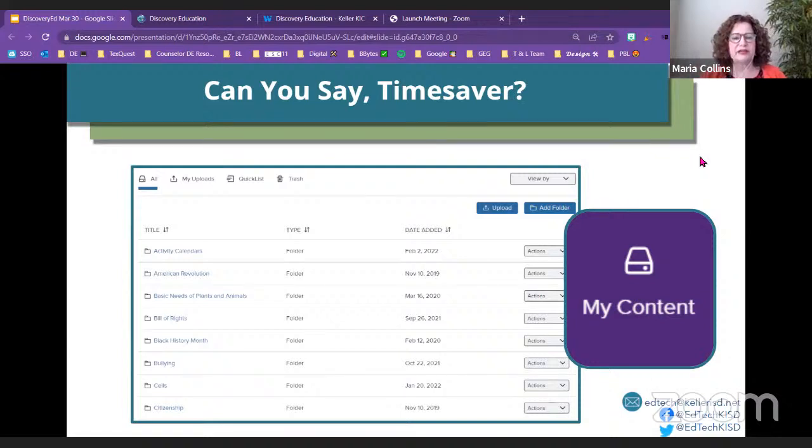And one of the things that I recommend is if you have a naming convention that you use for your Google Drive folders, so, it might be, I don't know, Unit 1, Europe. You might want to use the same naming convention here. That way you can easily access it as you come back year after year. But I have everything that I'm talking about. I've tried to provide some kind of tutorial from Discovery Education in the resources that I'm sharing. And I'm hoping to end with that, or maybe at some point I'll show you some of the resources that are in there.